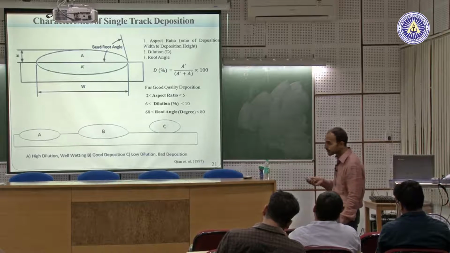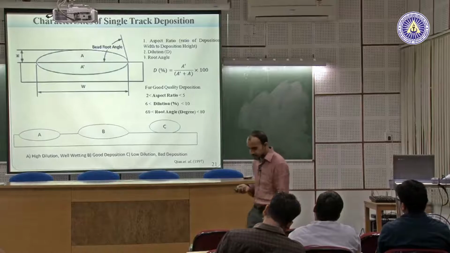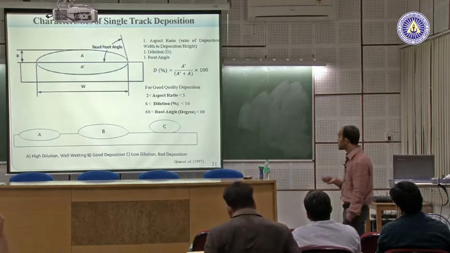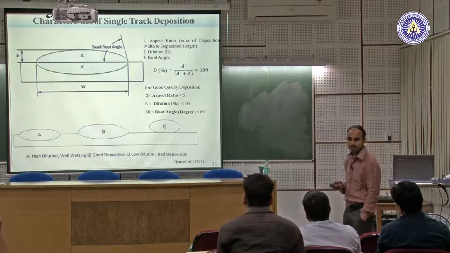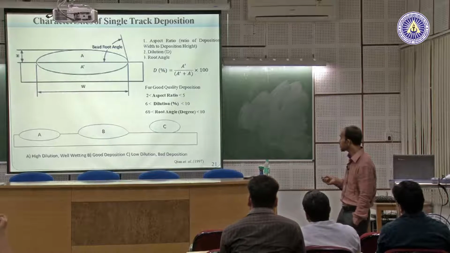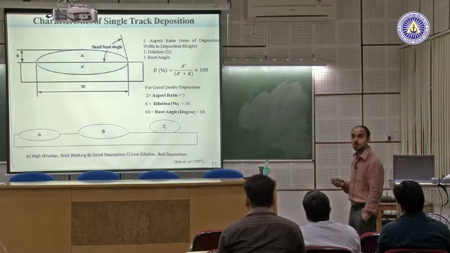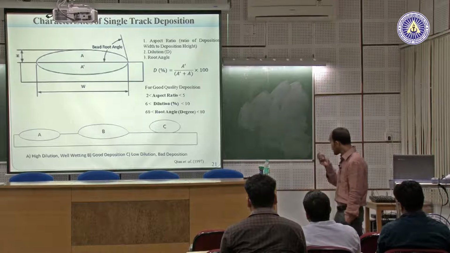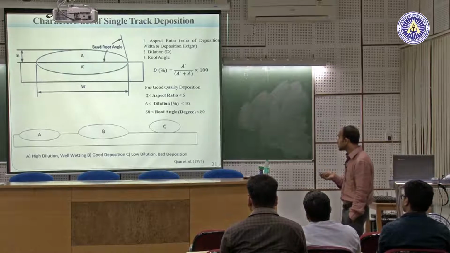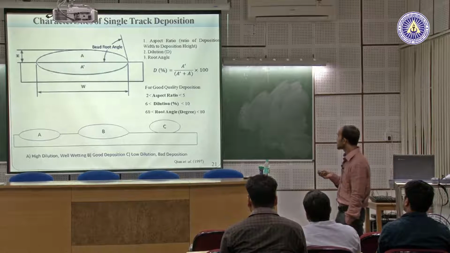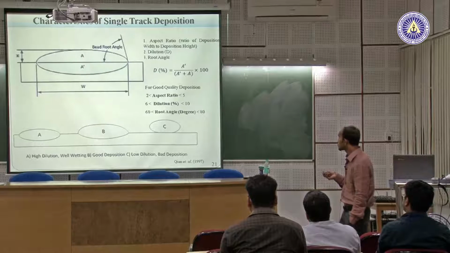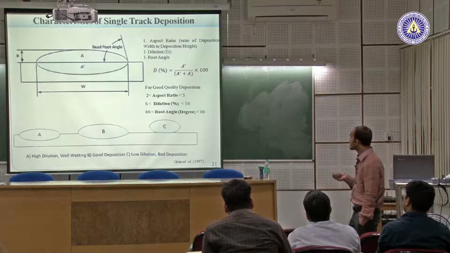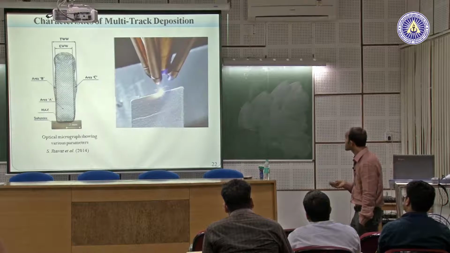If the dilution increases, there is a chance of distortion of the substrate. And if there is less dilution, there is very low bonding strength between the deposition material and the substrate. So we will need to optimize the dilution of the deposition materials. Here the coin also gives some deposition optimization for the dilution, aspect ratio and root angle. This is about 2 to 5 and 6% to 10% dilution and a 60 to 90 degree angle.